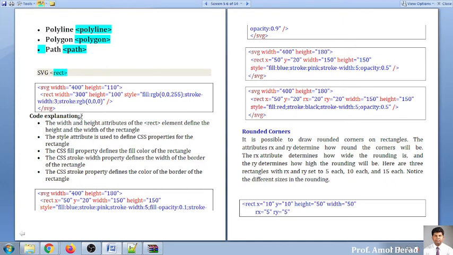rectangle. Now, how to create a rectangle in SVG is very simple. We have to write this code into SVG. Here, very simple. We have set a size for SVG; the width and height attributes are used for setting a size. And into this, we will be drawing a rectangle. This is nothing but one of the tags. This is a single-ended tag, an XML tag, rect. And the width I want to set for the rectangle is 300 and height 100.